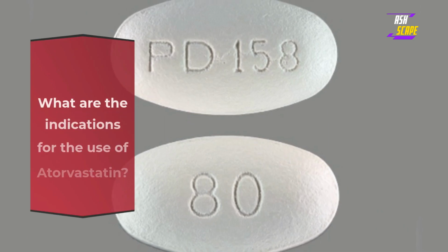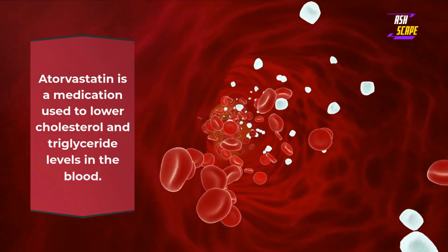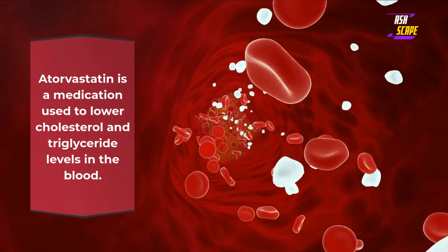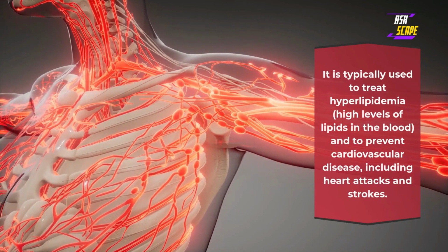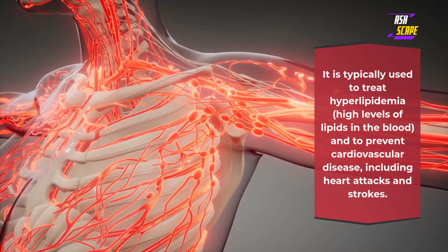What are the indications for the use of atorvastatin? Atorvastatin is a medication used to lower cholesterol and triglyceride levels in the blood. It is typically used to treat hyperlipidemia, high levels of lipids in the blood, and to prevent cardiovascular disease, including